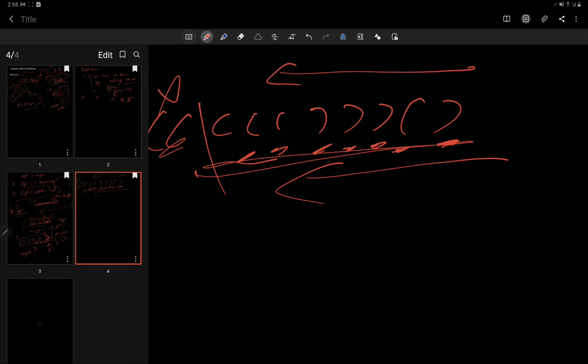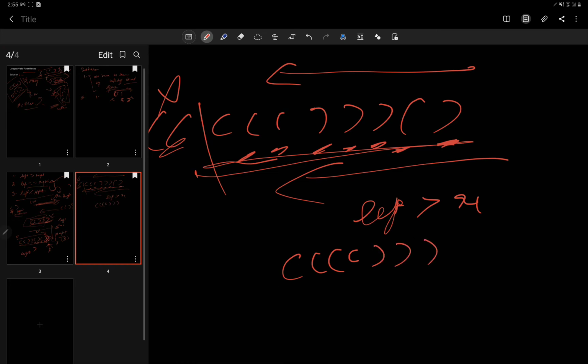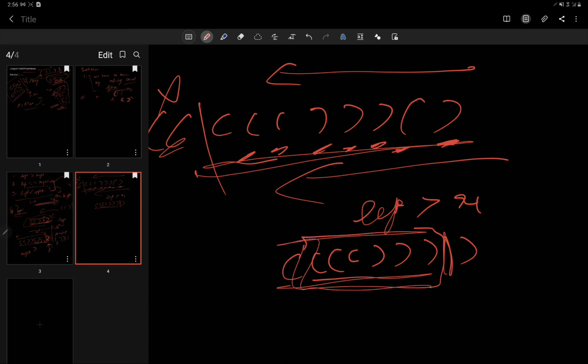Now while traversing from here, we get the case of left greater than right, because we have to think about all the three possibilities that we can encounter while traversing, and because we are not taking any extra space, we have to do this in one go. If we just move from i equals 0 to n, we won't get this case covered because our maximum won't be updated, since we will be hoping for a right after this, but we won't be getting that. So our answer would be stuck, and we won't get this string.